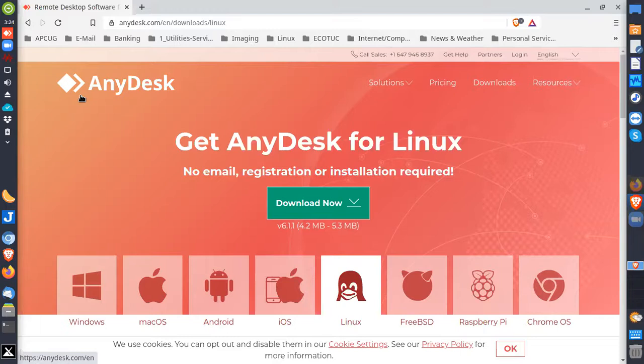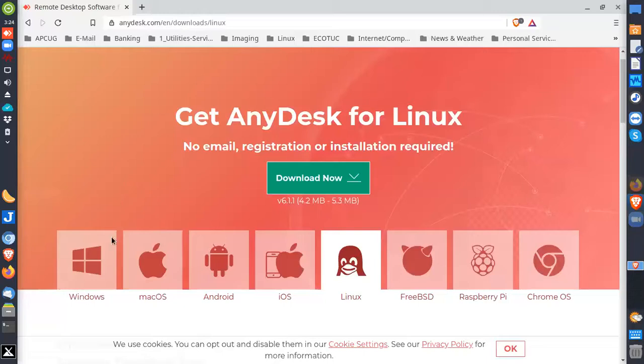But otherwise, it does the three major ones: Windows, iOS or Mac OS, and Linux, plus Android phones and tablets, and smartphones and tablets by the Apple company. So it covers everybody, and that's what I like. Now there's a few kind of big differences with the way AnyDesk works. When you come to the website, they automatically know what you need. So they knew I'm on a Linux machine, so I would want that one. When you download it,